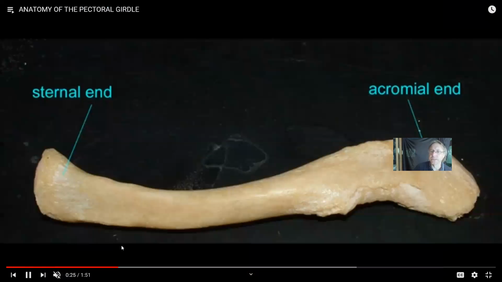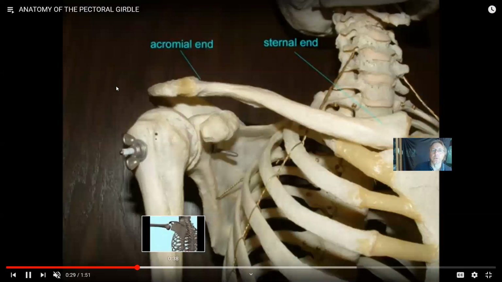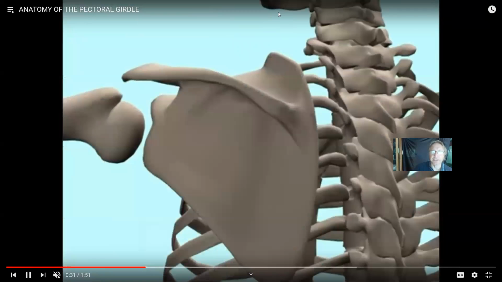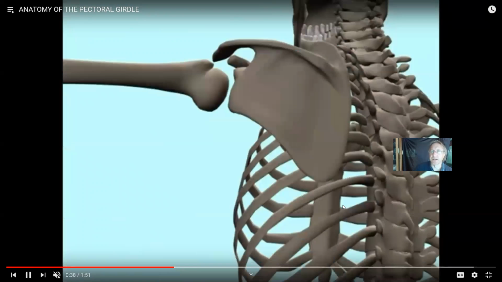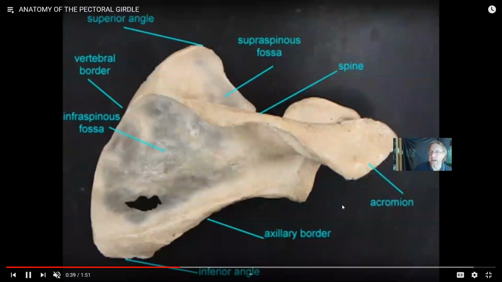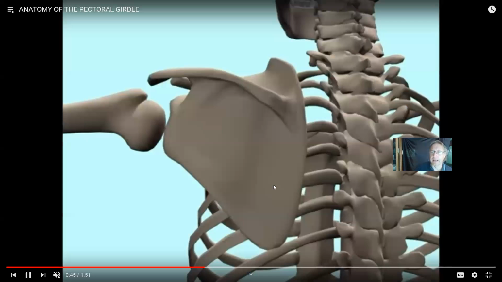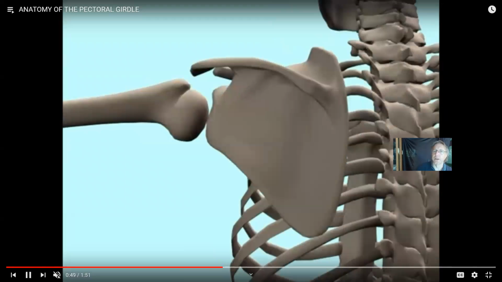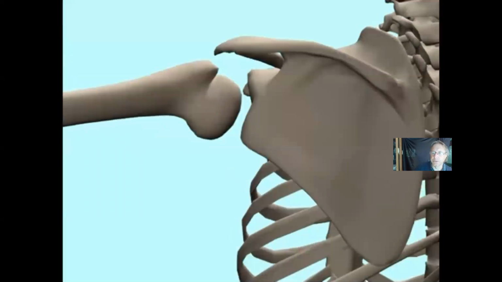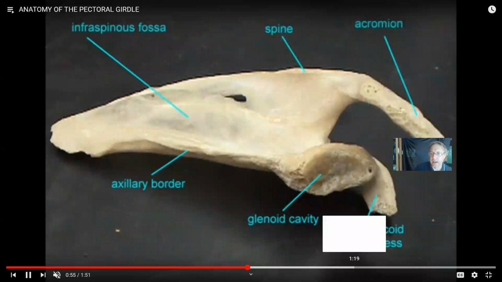Notice that that wasn't continuous with the spine, while the acromion is the end of the spine of the scapula. We see a supraspinous fossa and infraspinous fossa. That's that ball and socket joint where the head of the humerus articulates here. And so this is just another set of views and some labeled images of the scapula that